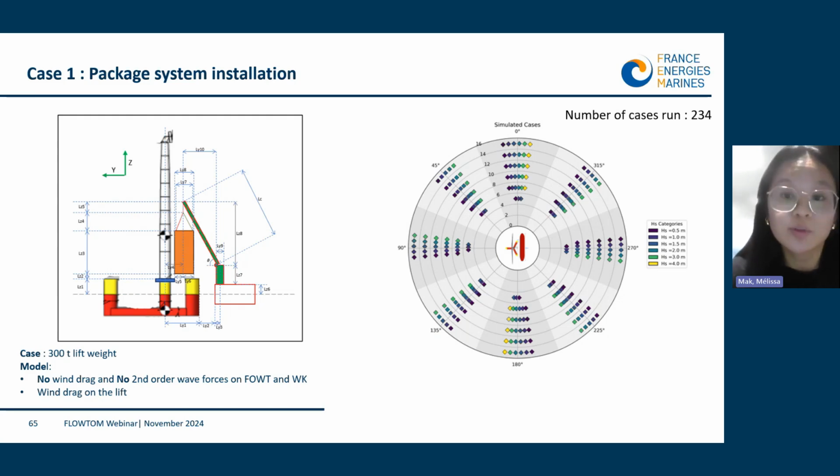So the first case we have simulated is the installation of a 330-ton piece of equipment lifted to the floater. As shown in the picture, the crane is positioned closer to the floating offshore wind turbine and mid-vessel. This arrangement has allowed us to rotate the crane to transfer the package to the floater, and also to attach a tugger line from the crane boom to the package to control the